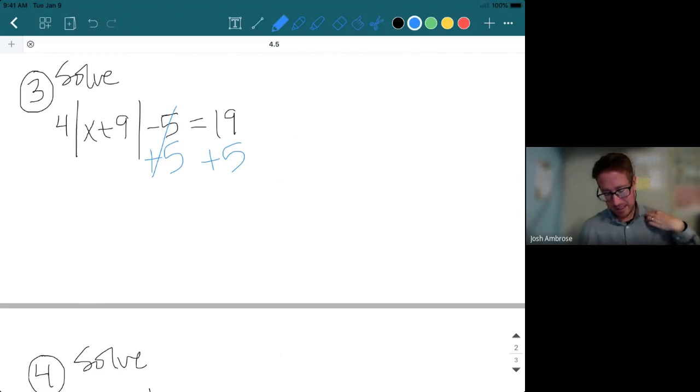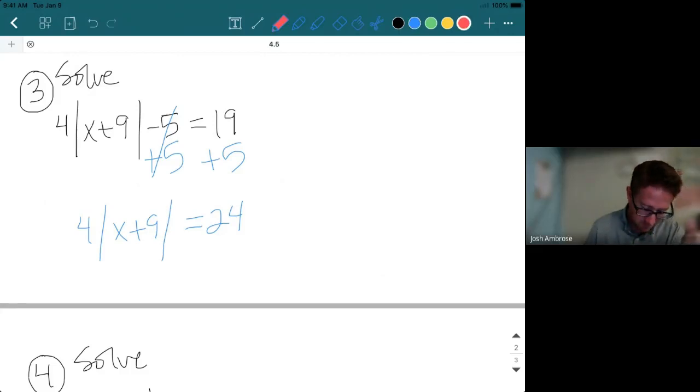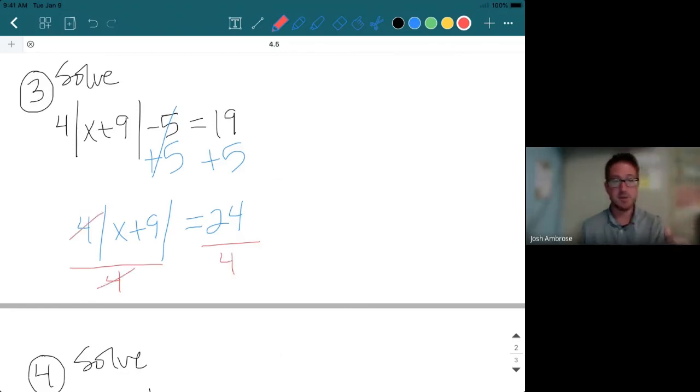The 19 plus 5 is going to give us 24. And what we have left is a 4, absolute value x plus 9. Got to get rid of that 4. So we divide both sides by 4. That allows us to cross out the 4, leaving just the absolute value, and 24 divided by 4 gives us 6. So now we have absolute value x plus 9